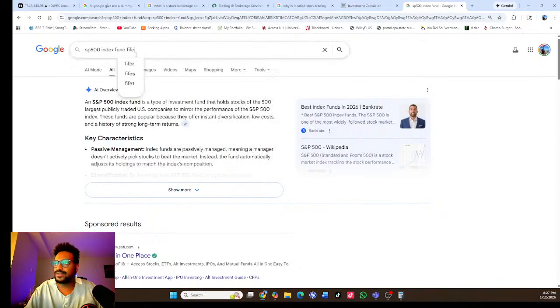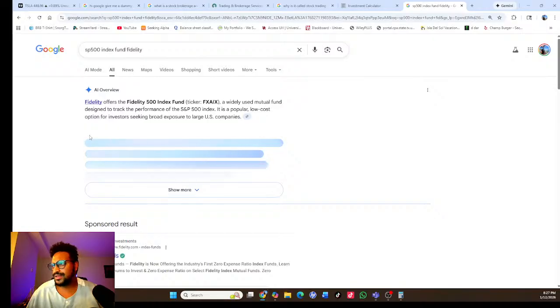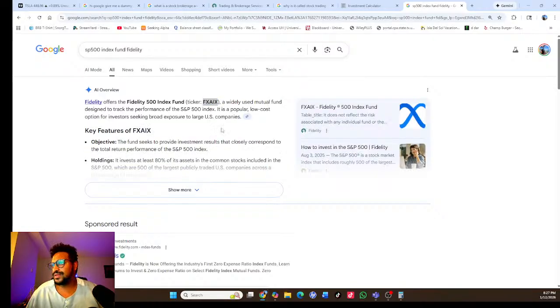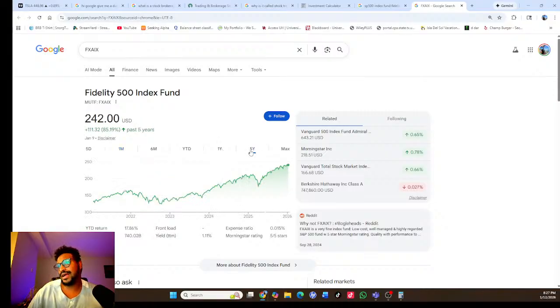Fidelity. So what does that mean? If you buy this thing, the Fidelity 500 Index Fund, one share of that is $242. And like I said, for example, what has happened to this thing in the last 5 years? It has nearly doubled. It used to cost $130. Now it costs $242. So just imagine,